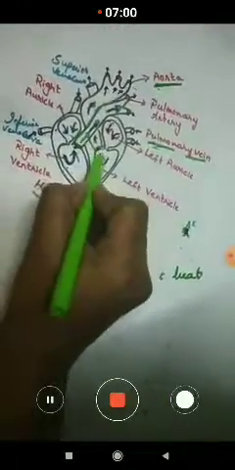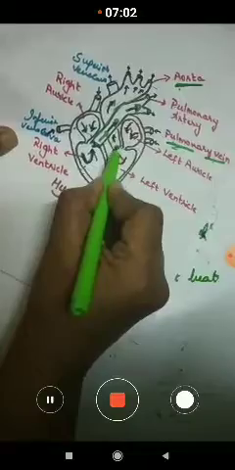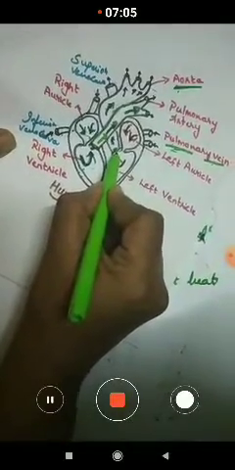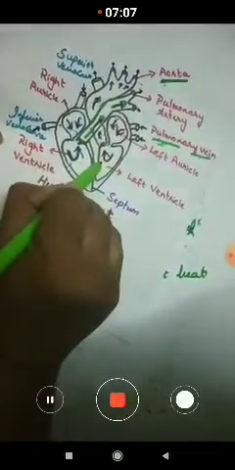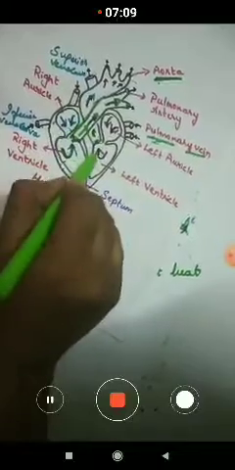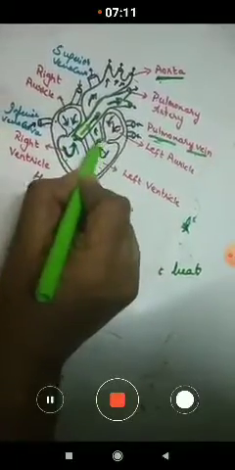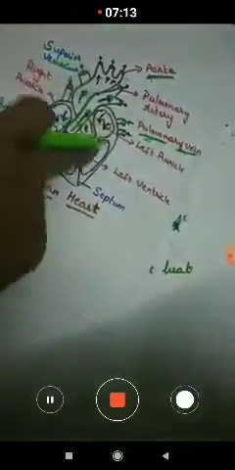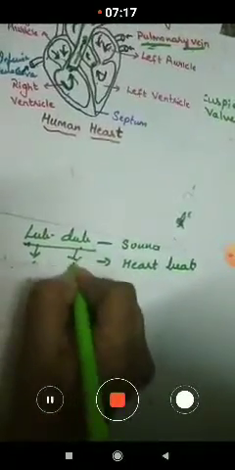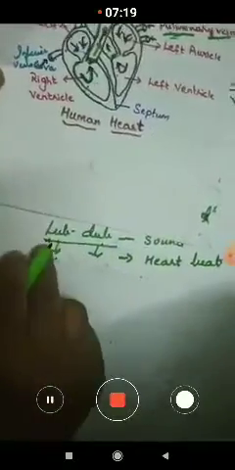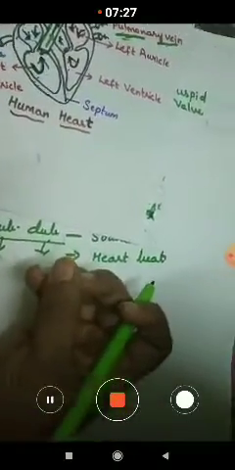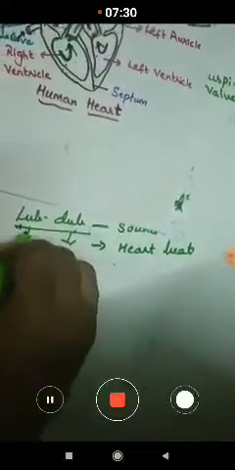And the valve of this, these are the mitral valves. That is from the left ventricle to the aorta. When it moves from the left ventricle to the aorta, the valve closes, and the blood reaches from here to there. So when the valve closes, we can observe the dub sound. So the closing of the 2 valves, the semilunar and mitral valves, is what we observe as the lub and dub.